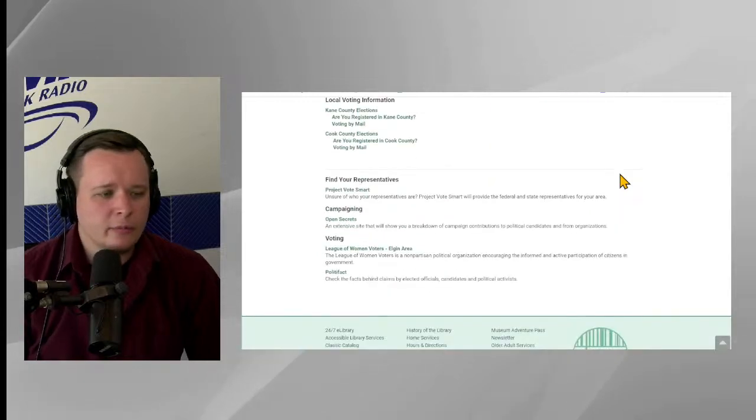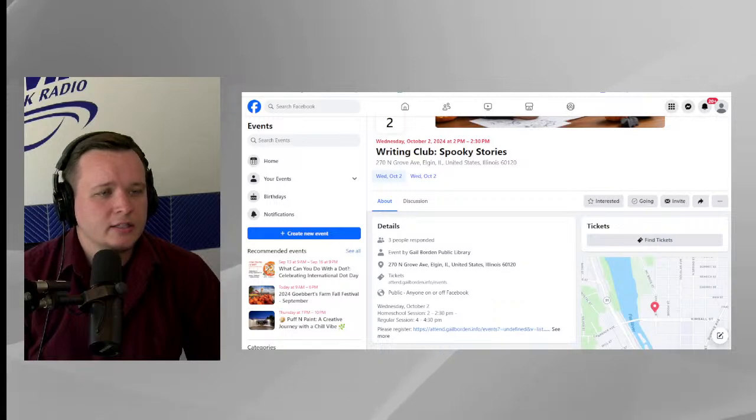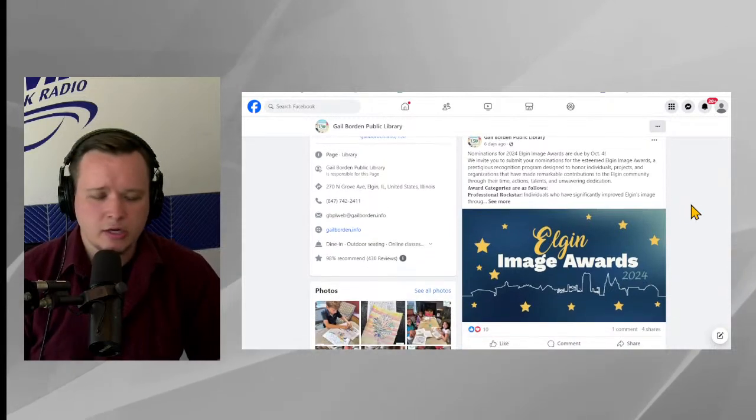So there you go. There's more information on that too, of course, to cover. So we'll take a look at that as well as time allows. There's lots of other things that are going to be happening here too within the Elgin area, especially with Gail